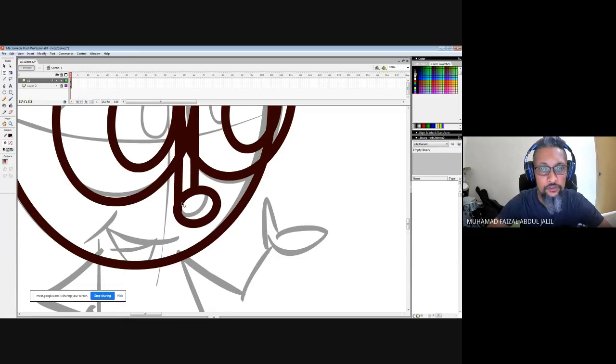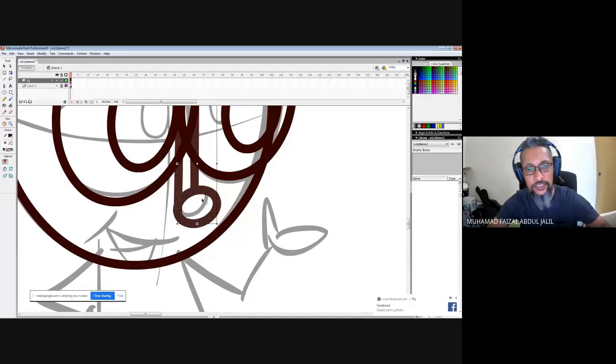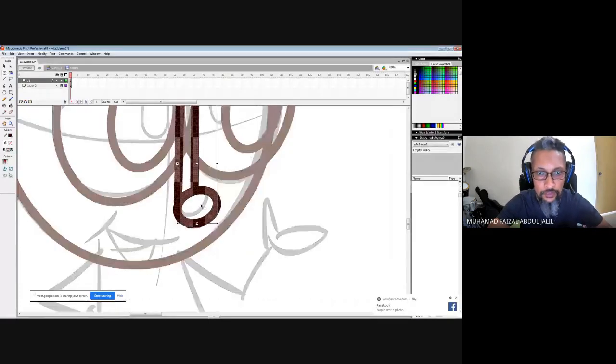So from here, if you want to group them up first, select them and group them up, double click, then you can readjust the shapes themselves.